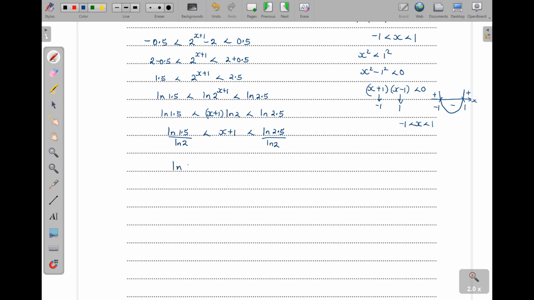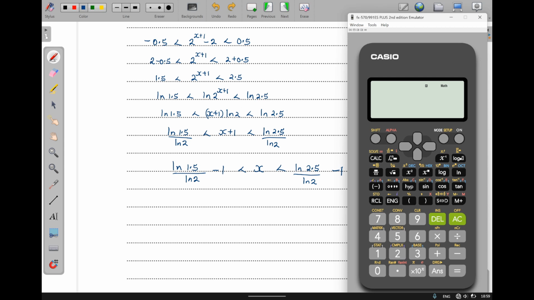So we shall have natural log of 1.5 out of natural log of 2, minus 1, less than x, less than natural log of 2.5 out of natural log of 2, minus 1. So what is this value and this value here? I have natural log of 1.5, and down here natural log of 2, and then subtract a 1. This one will give me